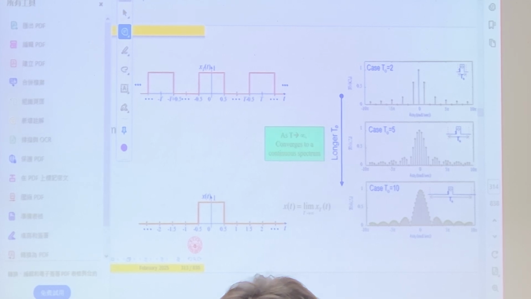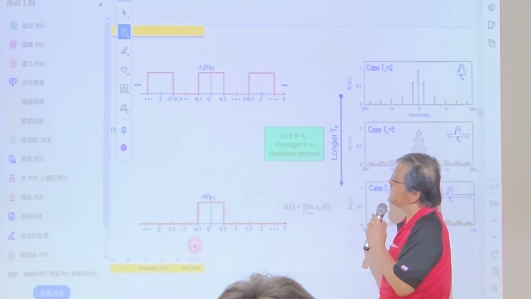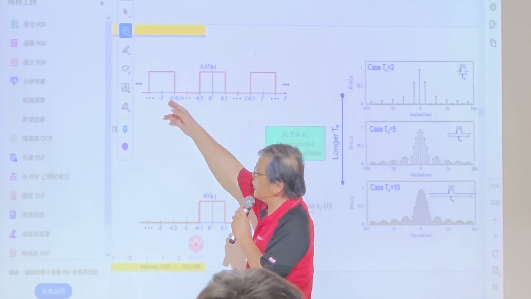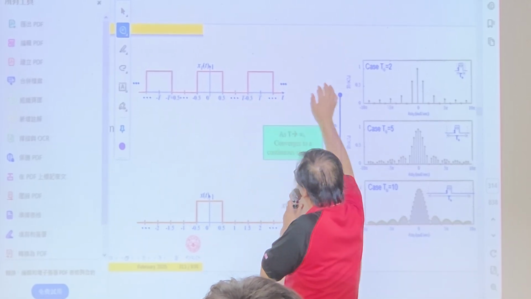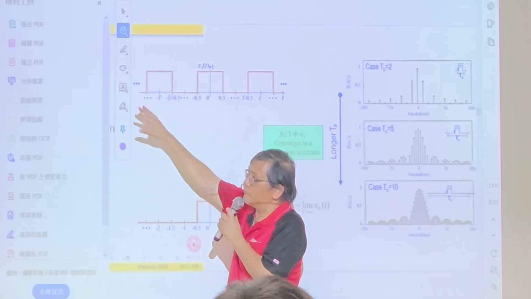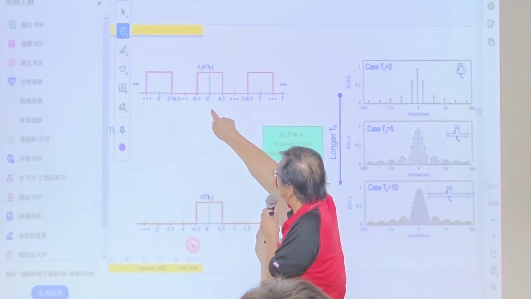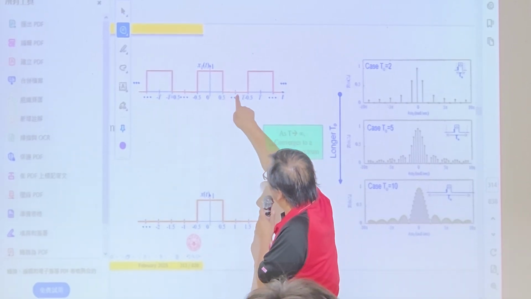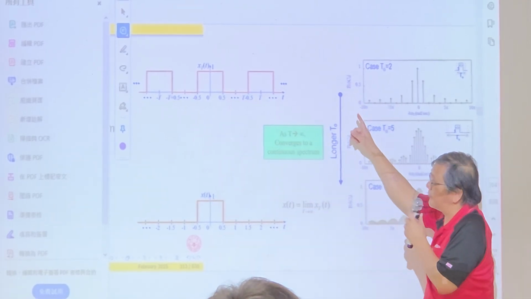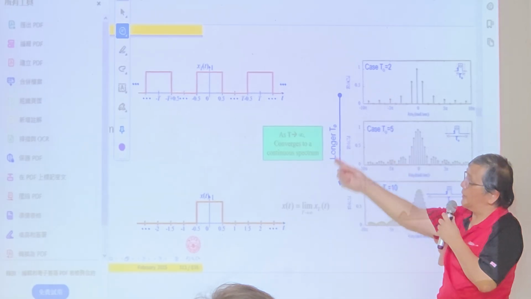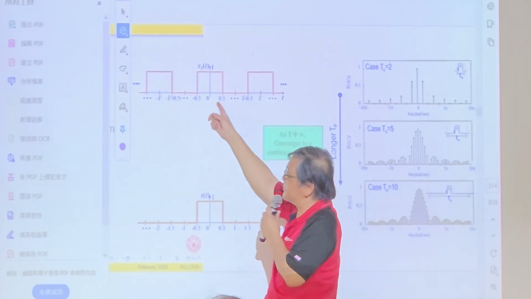Suppose we have a rectangular function. Okay, so it is a periodic function. We have many of this kind of rectangular function. The period is, this is 1 second, 2 seconds, right? 2 seconds. So we start from the fundamental period, 2 seconds. And if we perform the Fourier series expansion,